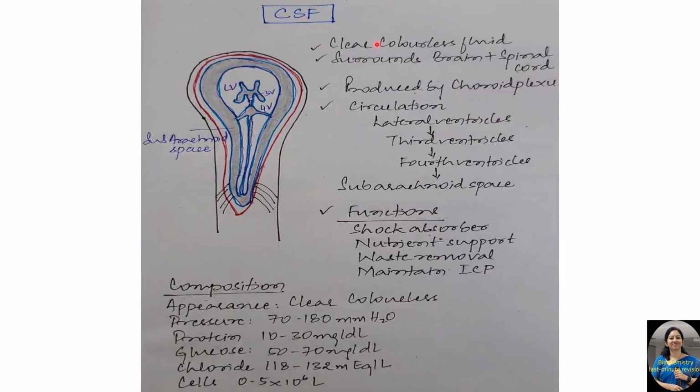Now, CSF refers to a clear colorless fluid that is synthesized by the choroid plexus, and it surrounds the brain and the spinal cord. So, the circulation of CSF is as follows. It is synthesized in the choroid plexus and gets released into the lateral ventricles. From there, it reaches the third ventricle, the fourth ventricle, and gets distributed across the subarachnoid space covering the brain and the